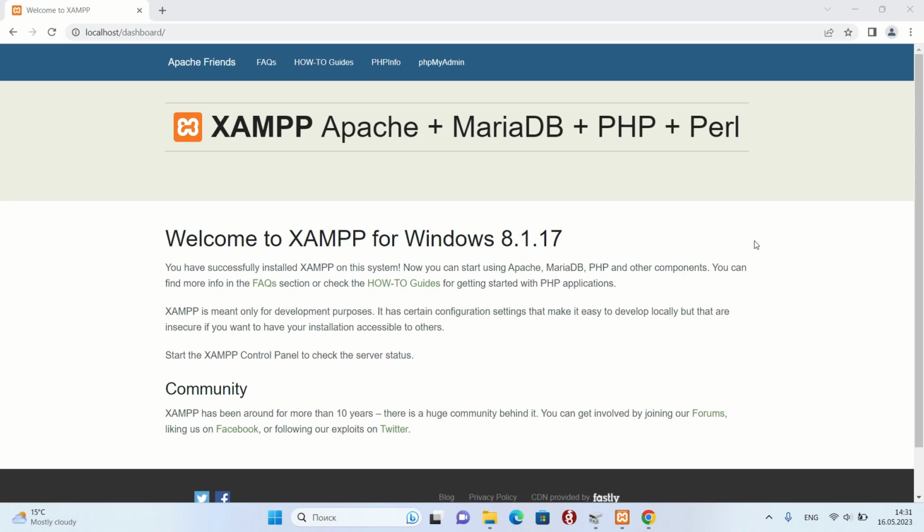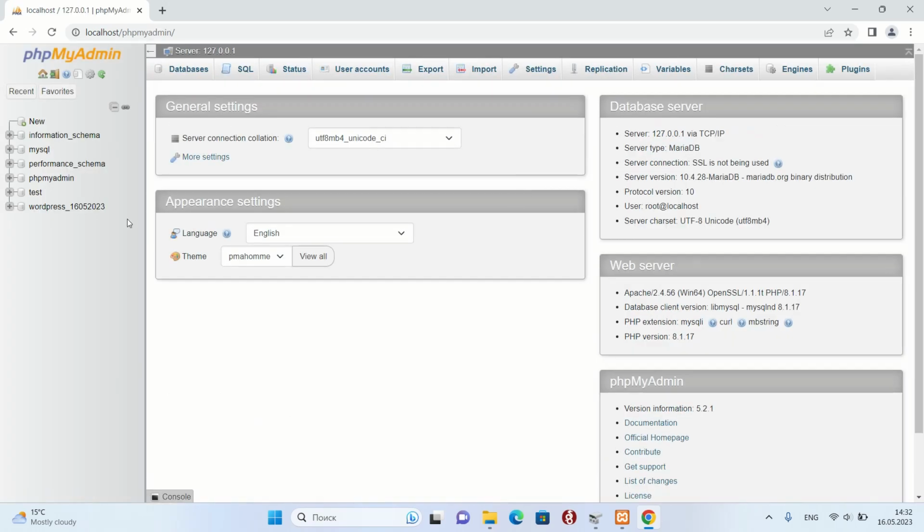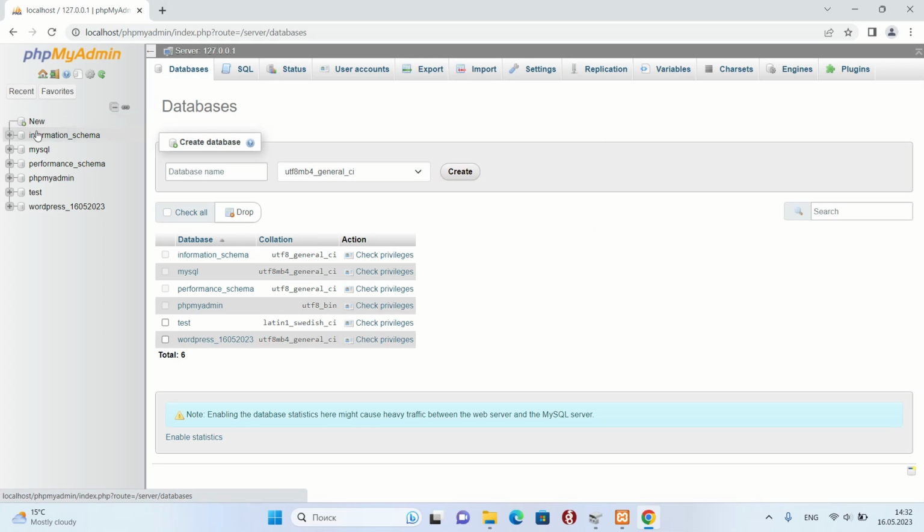First we need to create a database. Let's create a new database and name it WordPress 20.